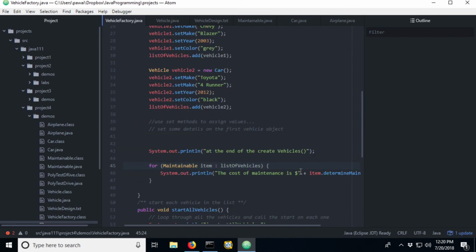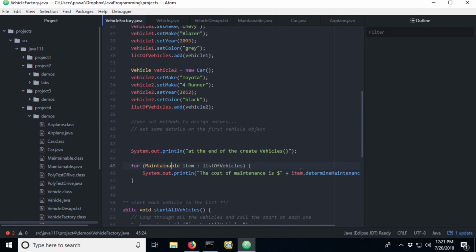So if you think about maybe some kind of accounting application for a business that has vehicles and other equipment that may need to be maintained, maybe in my accounting application, I would want to just iterate through my list of everything, treating them all as maintainable, just to figure out what my maintenance costs for next year are going to be, to kind of estimate that out.